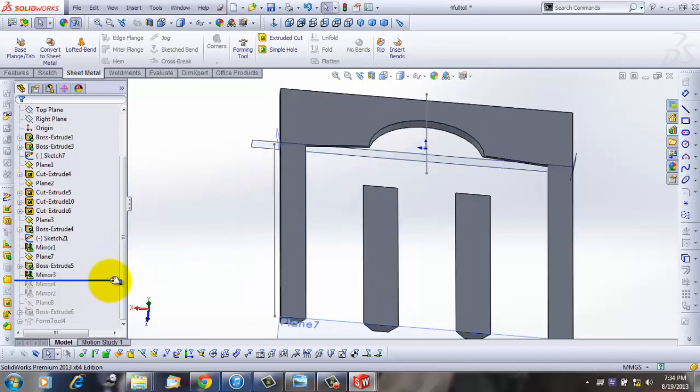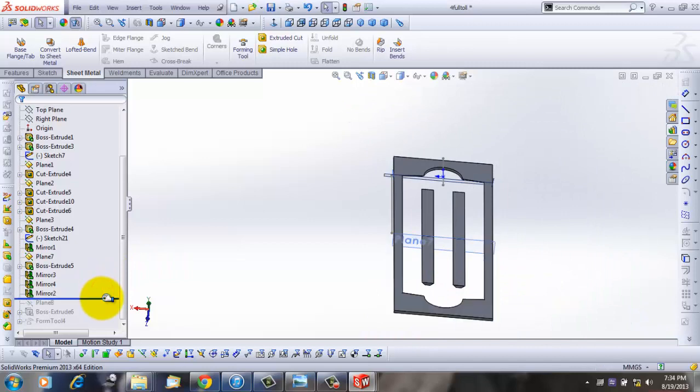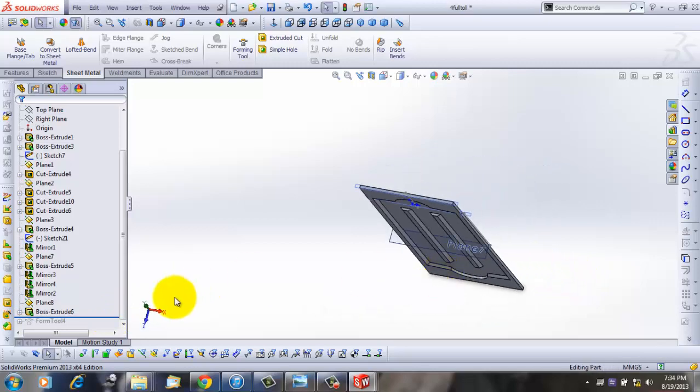I mirrored it to save some time. These commands are always handy, and you should take them up for reducing the time consumption and increasing your efficiency. And finally, the whole thing, and I make it into a form tool by